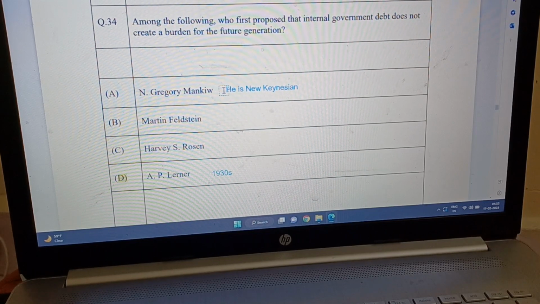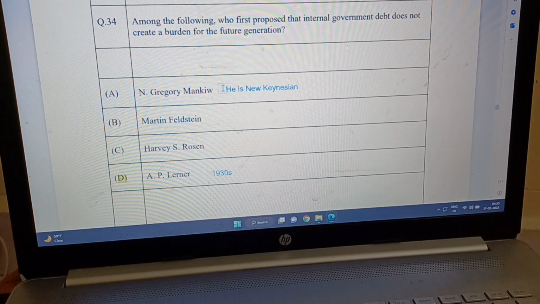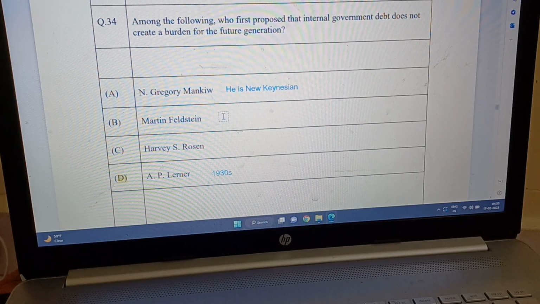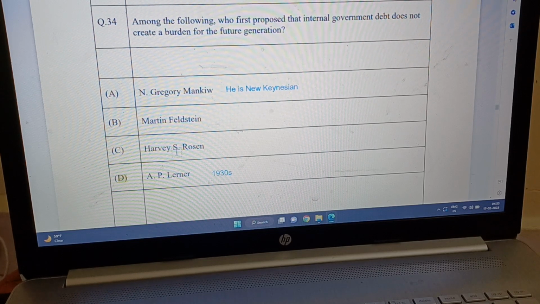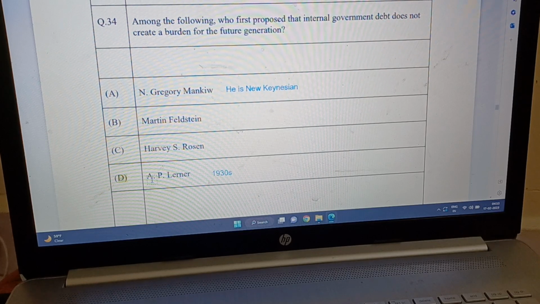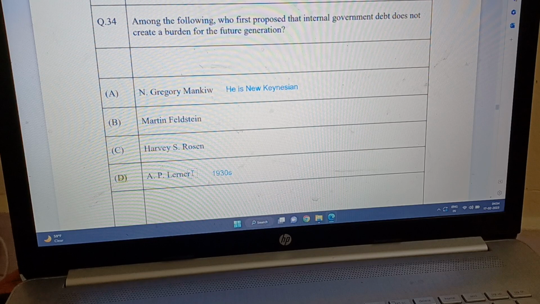So, N. Gregory Mankiw, he is New Keynesian, much later, so he cannot be the answer. Martin Feldstein, no, he never talked about that. Harvey S. Rosen also didn't talk about government debt. It was A.P. Lerner, A.C. Pigou, who talked about that government debt is not actually a burden for the future generation, and that was in